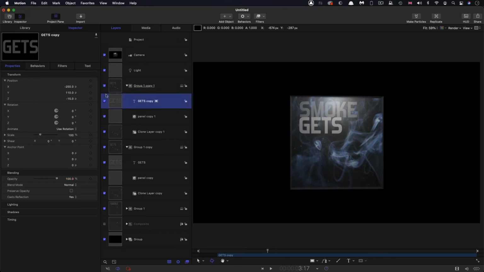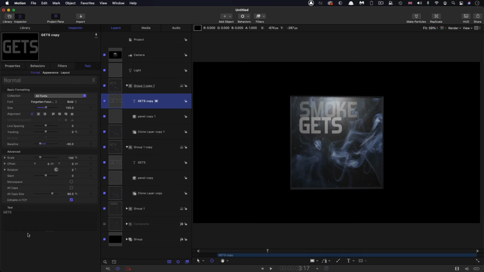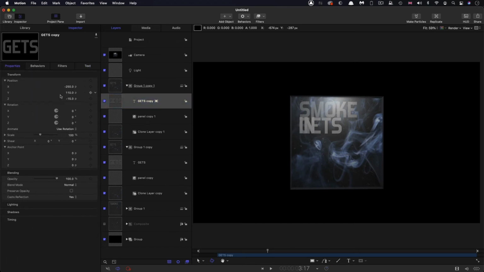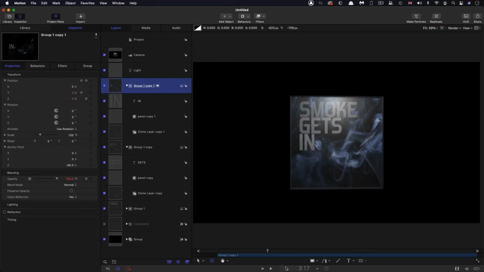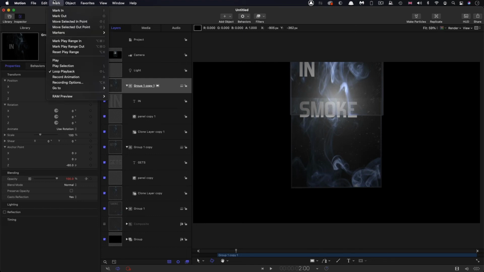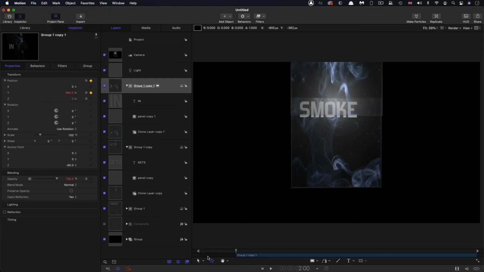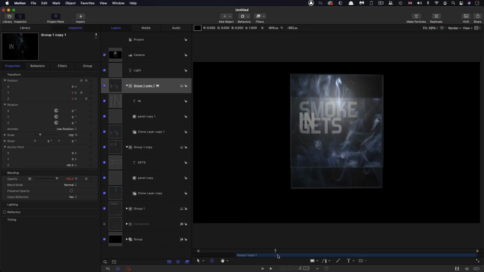We need to edit the text, so in. We need to adjust its position, so 0 in this case on Y. And for the group itself, we just need to adjust its start time. So I'm going to come to 2 seconds on the timeline. And again, we're going to come to Mark, Move Selected In Point, and those